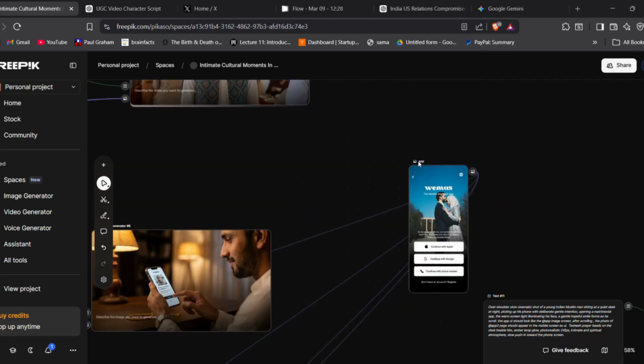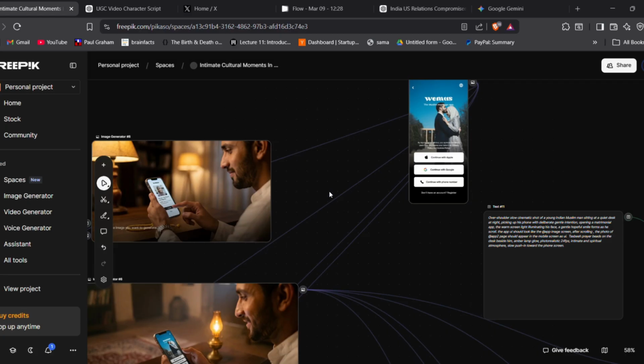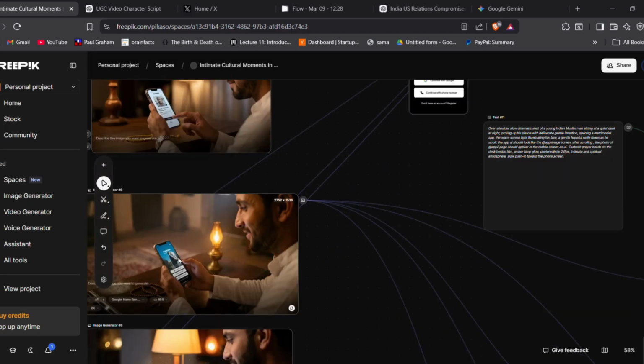If you can see, I also attached the app UI skin, and I deliberately mentioned that you have to use the app UI skin in the mockup of the phone, and it actually used it, right? So you can see here,